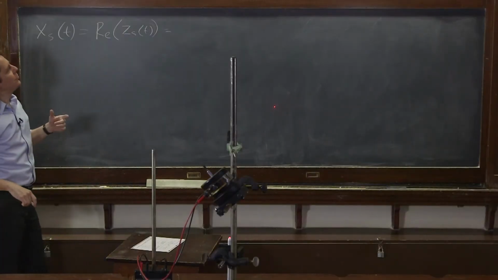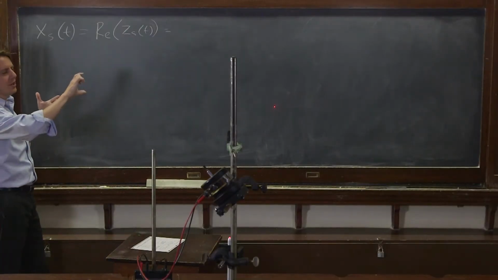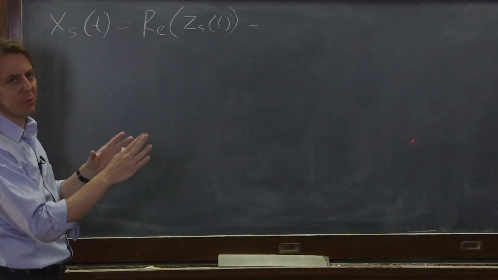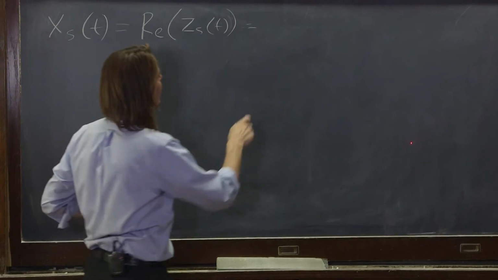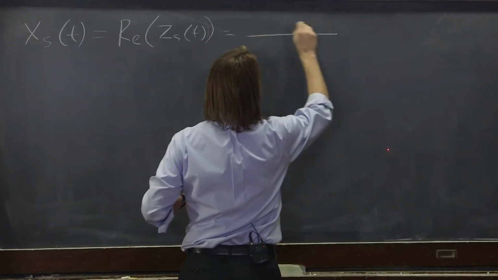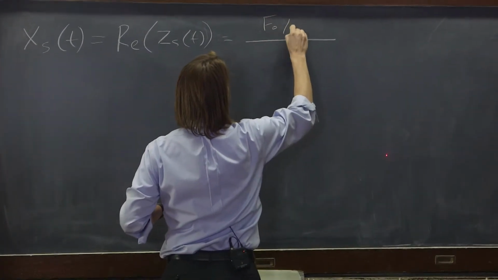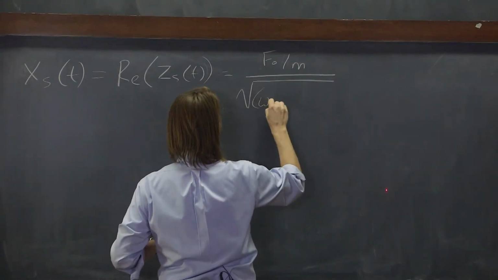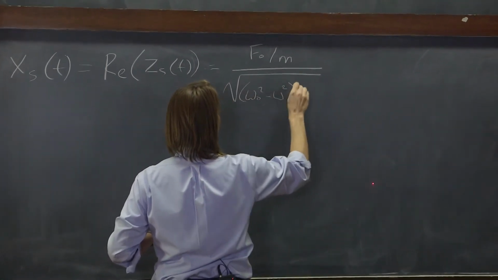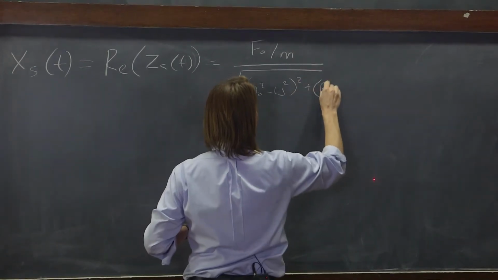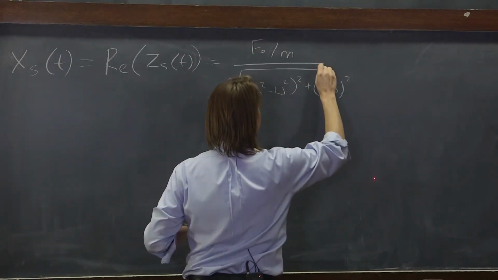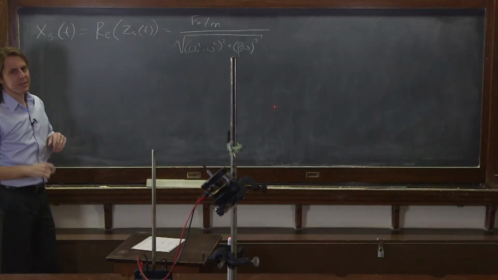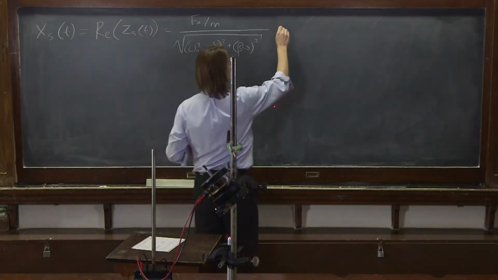Well, that doesn't affect the amplitude. So we have an amplitude times e to the j omega t minus delta s. The e to the j part will just become cosine when you take the real part. The amplitude is the amplitude, so that's a real number. That's got f naught over m here, and in the bottom, this crazy square root: omega naught squared minus omega squared, squared, plus beta omega, squared, like that. And then to get the real part, it's the cosine